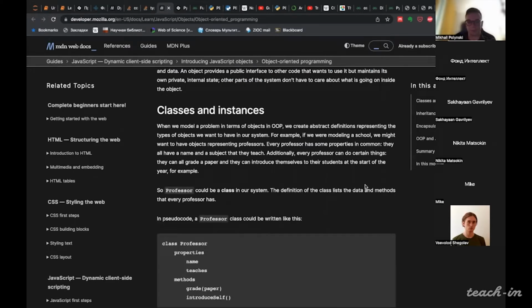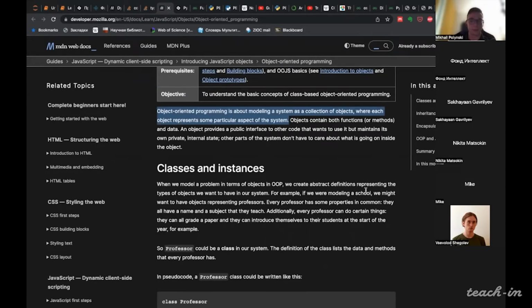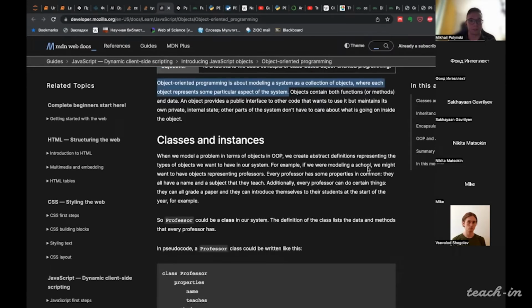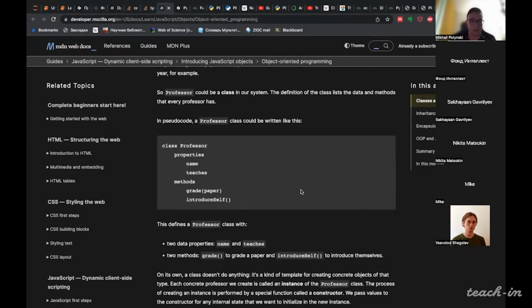Just as a simple intro, object-oriented programming deals with objects, and the main entity in this paradigm is a class. So you can define classes.